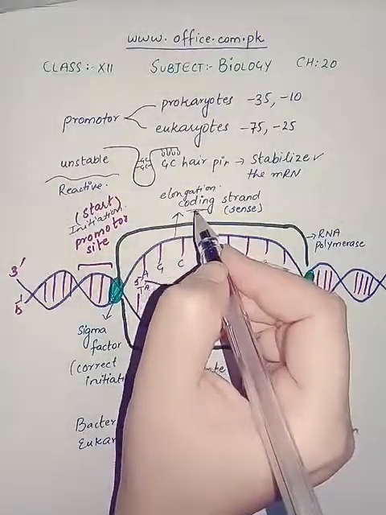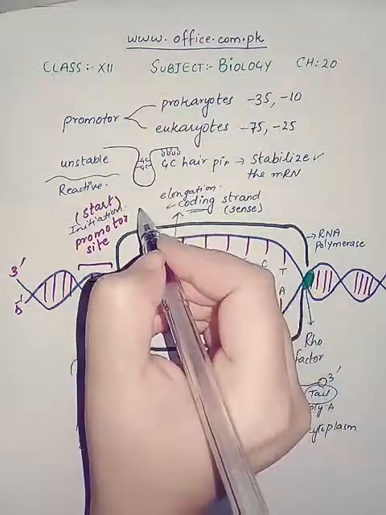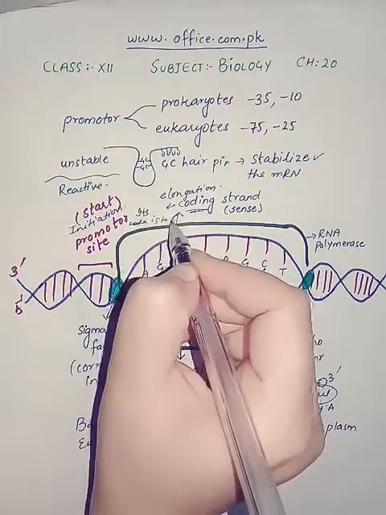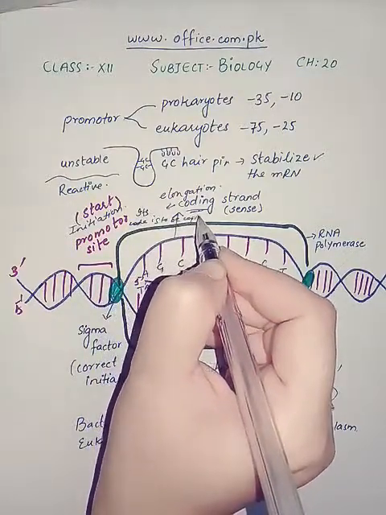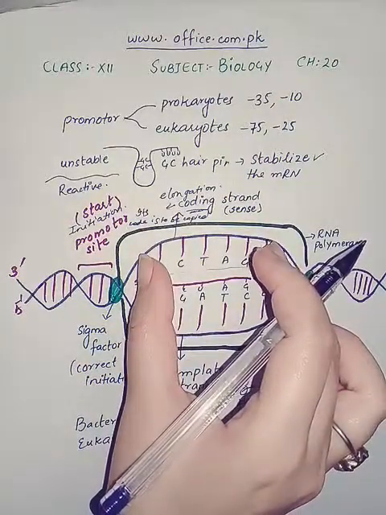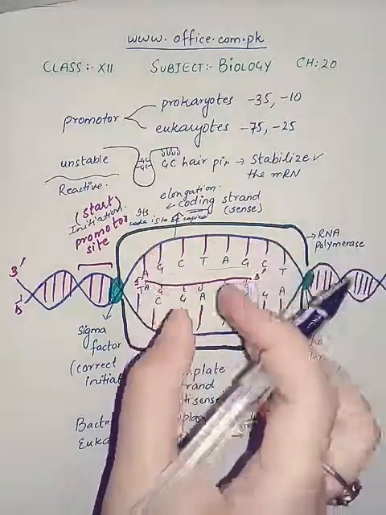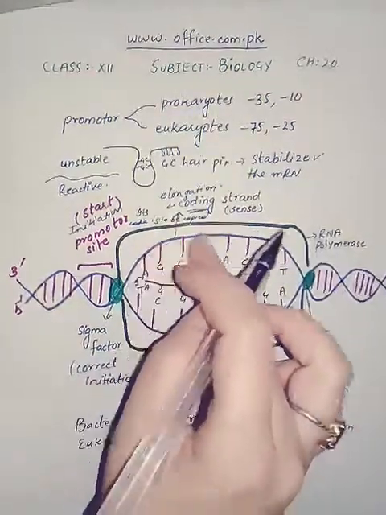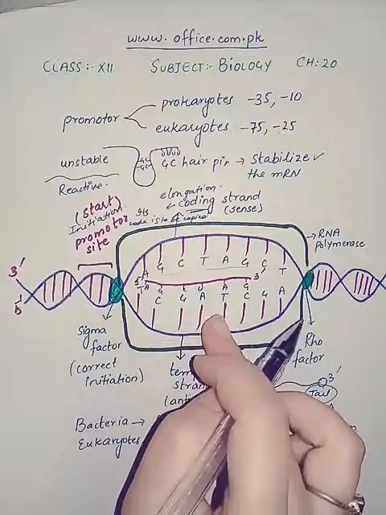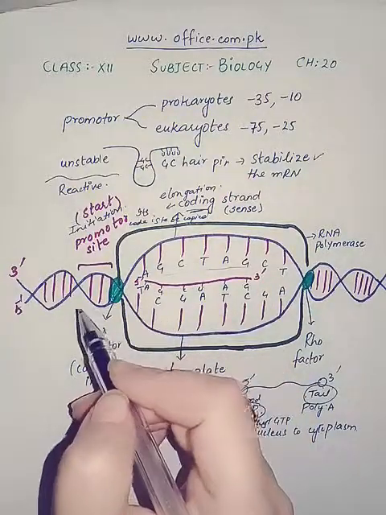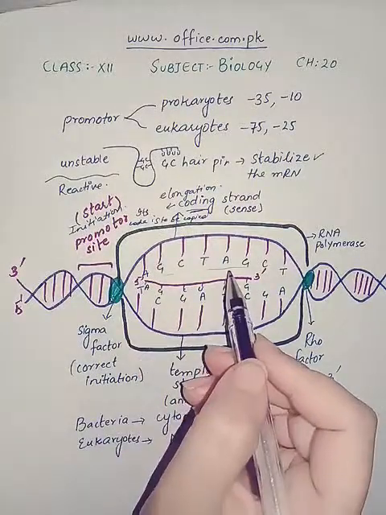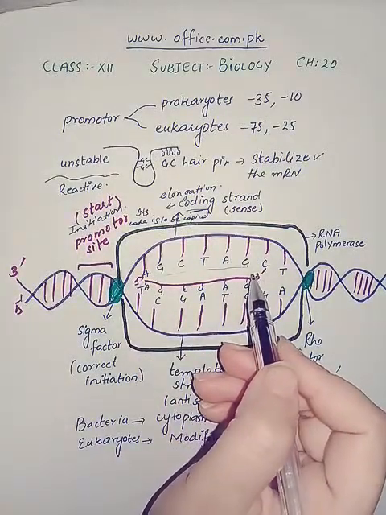This is the coding strand because its code is to be copied. For example, this code says that you have to synthesize insulin. We will not use this code, we will use the complementary code, which will be in 3' to 5' direction, and which will guide the 5' to 3' direction formation of the new